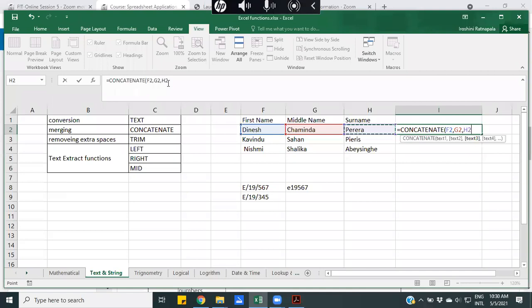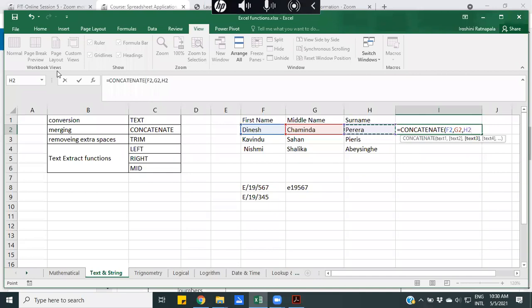I wanted to know, if I type the concatenate function, is it correct? Am I getting the correct format of the full name? What do you all think? If I use the concatenate function with these three cells, do you think it's correct?